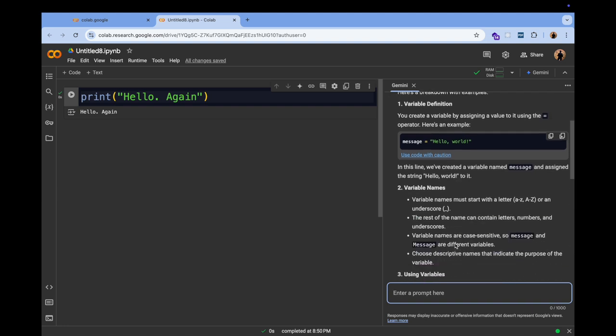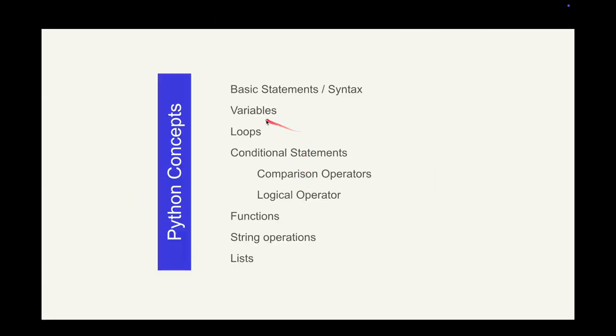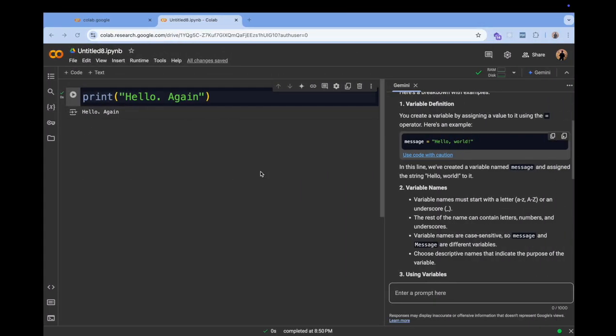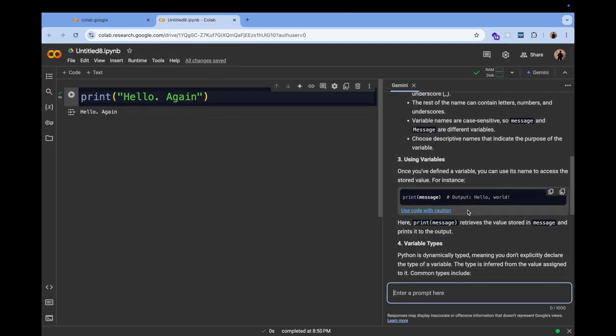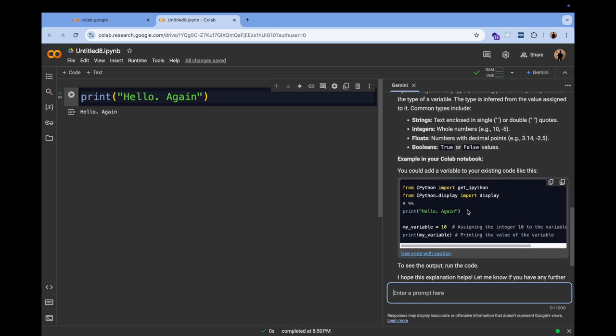And so, if you read through this, you can learn it. If this works for you, then perfect. Then what I would suggest is you go back to the concepts, you take them one by one. We just asked Gemini about variables. Next, you could ask it about loops and so on. So in each case, it'll give you something to read. And more importantly, it'll also give you some sample code. For example, it's giving you some code, and you can just